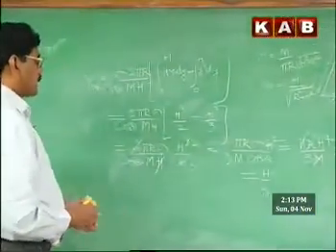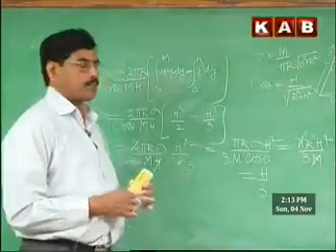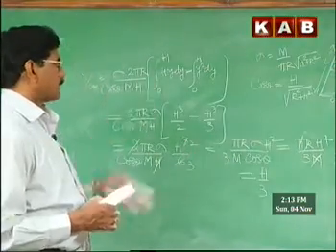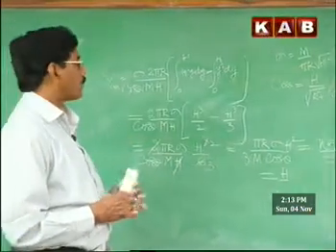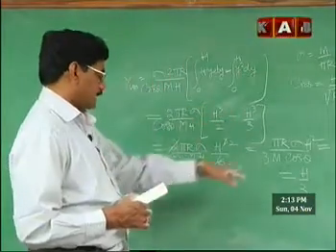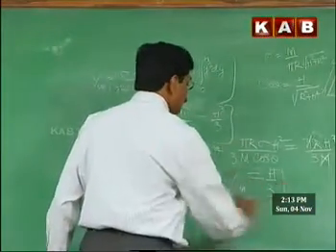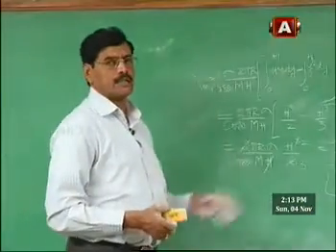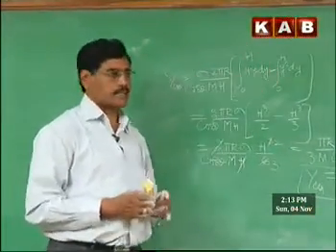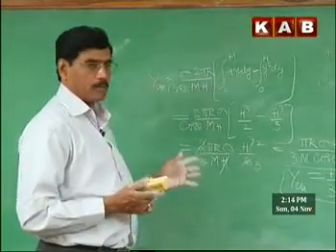So h by 3 is the center of mass location. H by 4 was for a solid cone. H by 3 we are getting as the location of center of mass of a hollow cone measured from base center on the y-axis. H by 3 is ycm. So like this, using the integration method, we can determine the center of mass of regular continuous bodies.